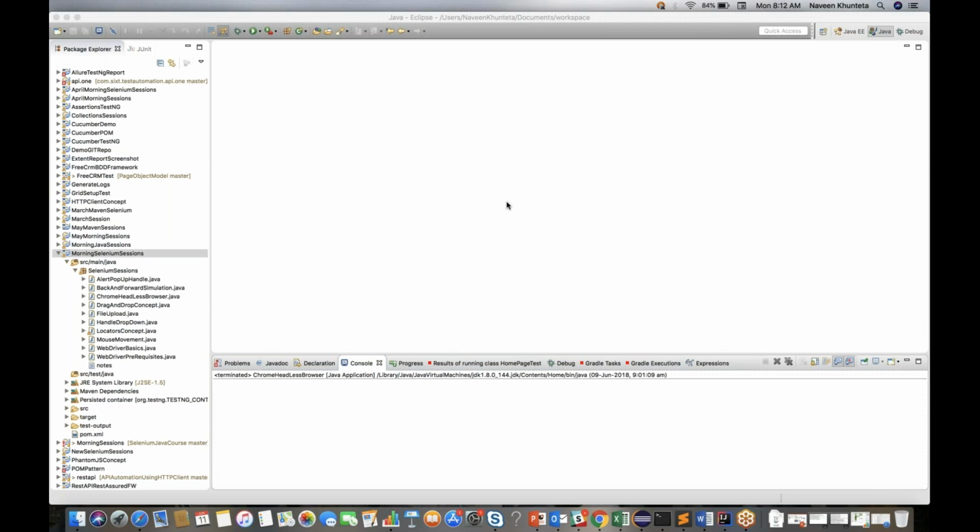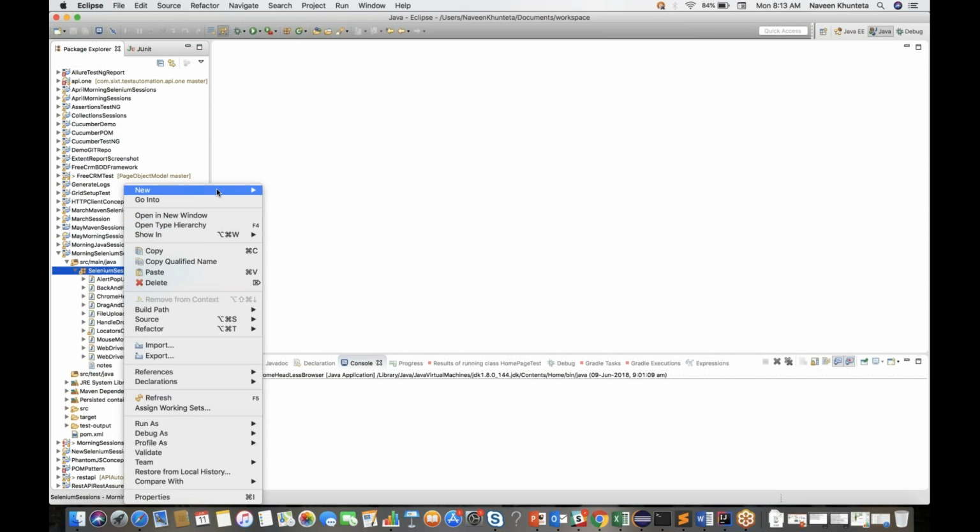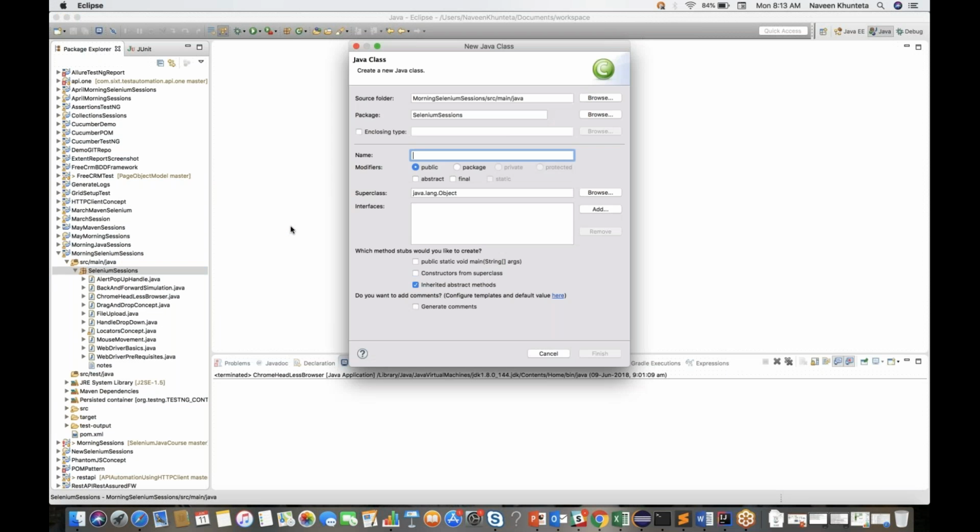One type of synchronization we have already seen is page load timeout, right? Page load timeout is for the web page loading. Now we will talk about implicit wait. So we'll do one thing. Let's create a class, and I would say my class name is,